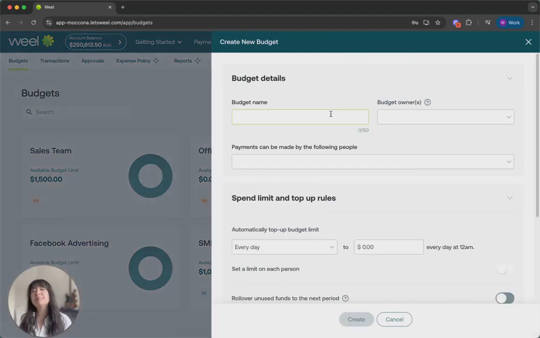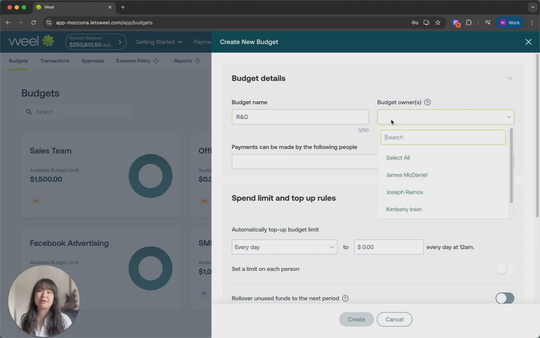Now for today, I'm creating an R&D budget for my engineering team. So I'm going to put R&D in the budget name. The head of my engineering team is Joseph Ramos, so I'm going to add him as the budget owner. Being the owner gives Joseph the ability to approve any expenses submitted to this budget, as well as approving any